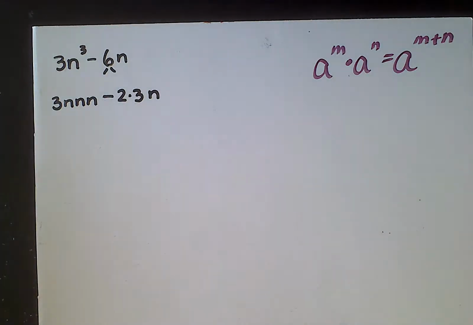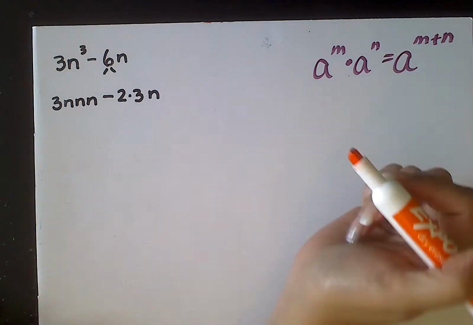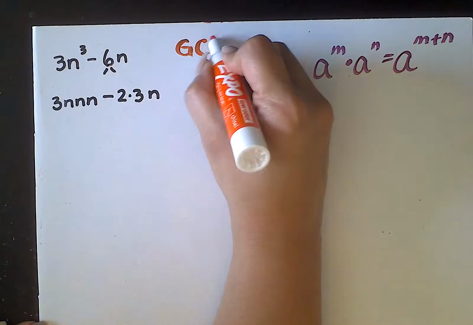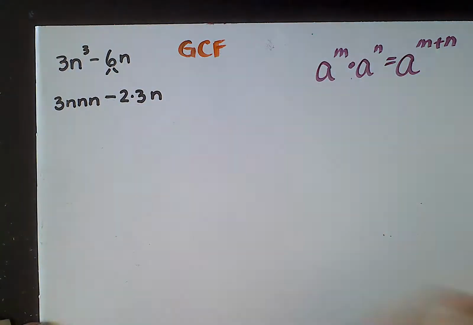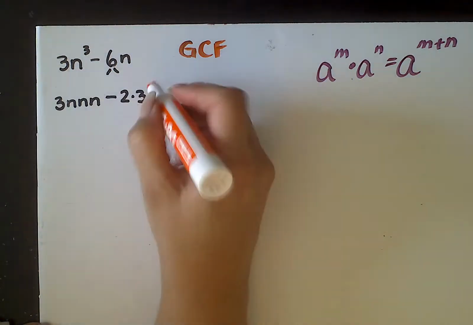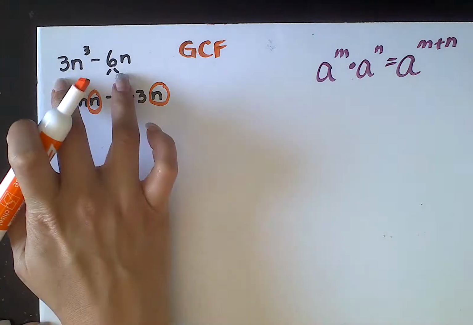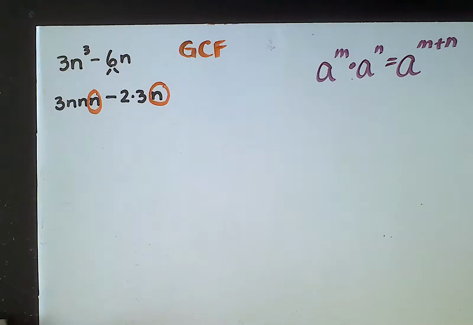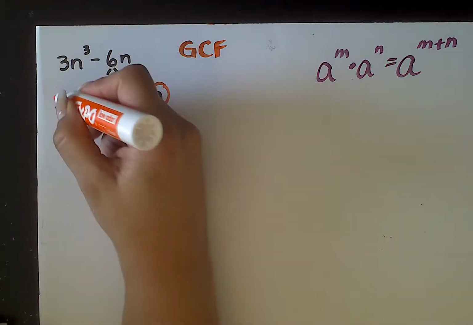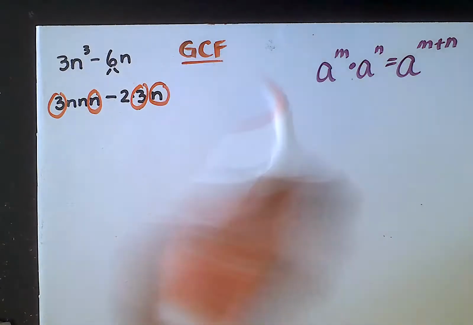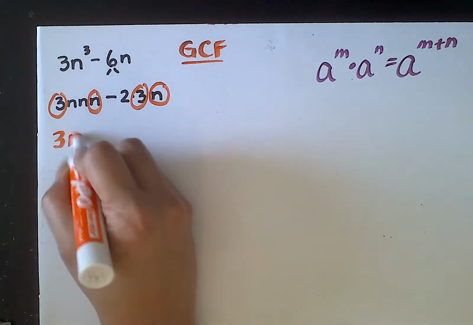Now, just like before on your AA.1, you're looking for your GCF. Okay, that's forever and always your first step: find the GCF. Now, I like expanding because I can see that here I have a binomial, both terms have an n in common, and they also have a 3 in common. So that means that my GCF is 3n.